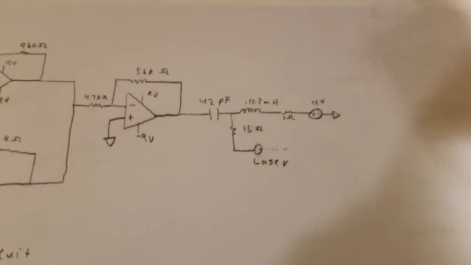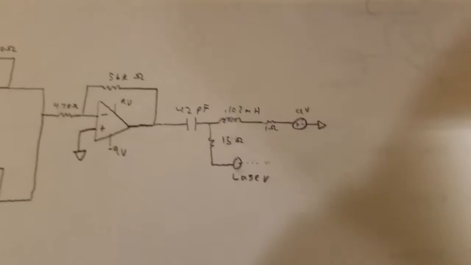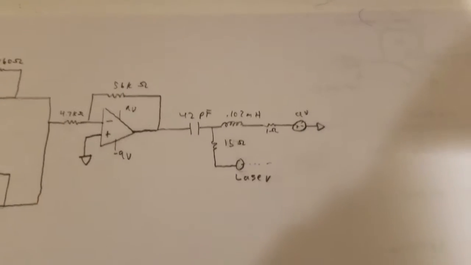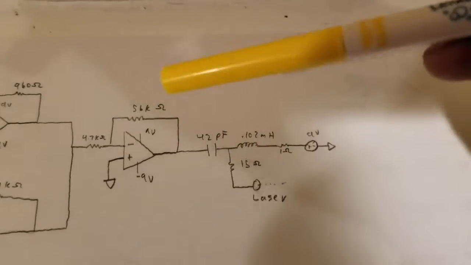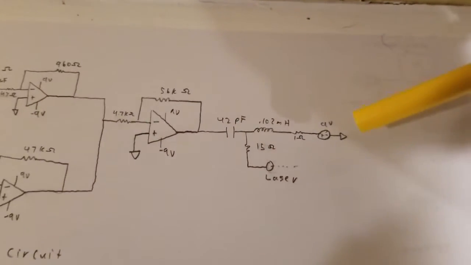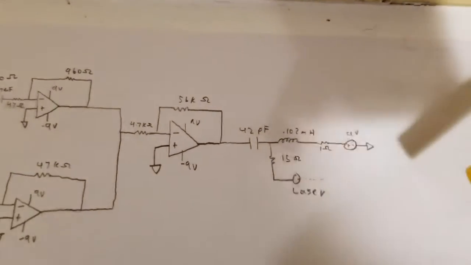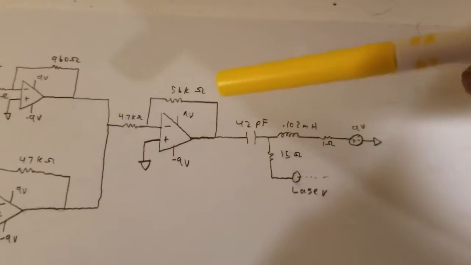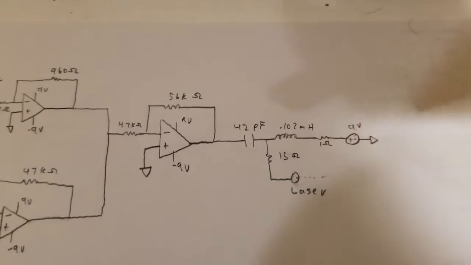So here we have what is known as a bias T. So what a bias T allows us to do is when you have an AC and DC input, it allows you to create a DC offset to power the laser. So the components that you need for this are a capacitor, an inductor, a resistor, a voltage source, which is just the same 9-volt battery that we've been using, and then a laser. So basically, the laser was receiving the DC offset from this amplification, so it was actually powered and was able